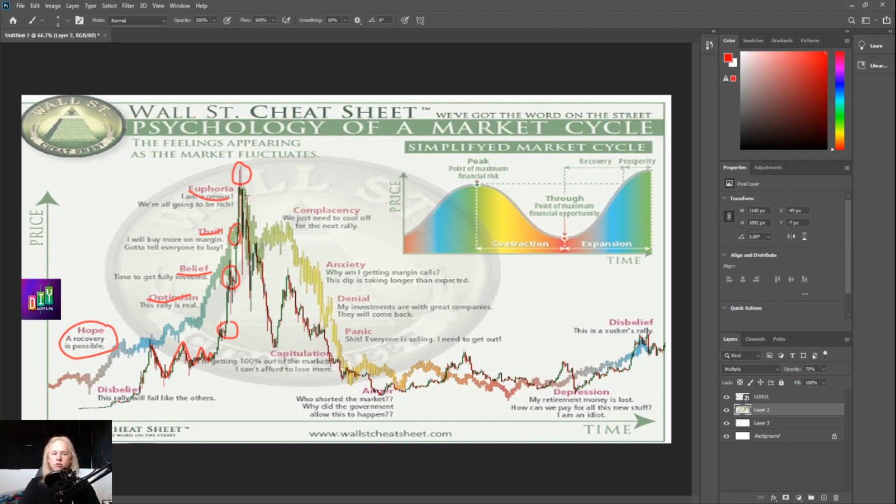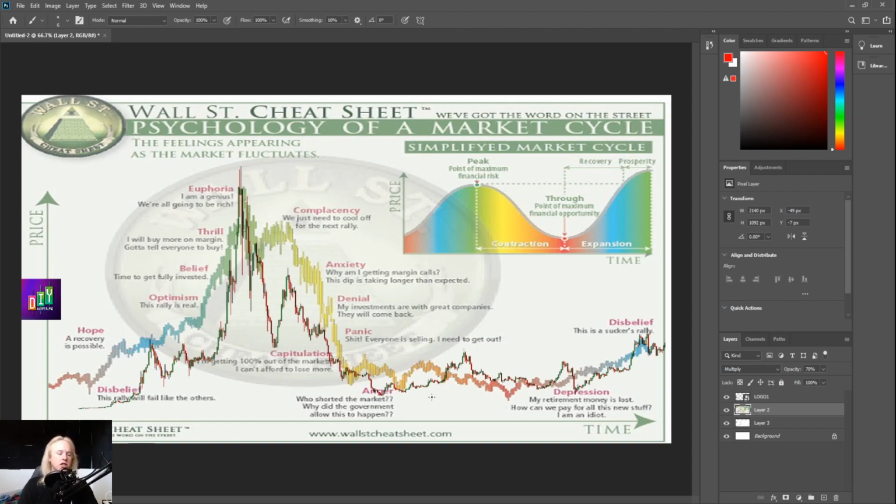Now, the only thing that didn't really was the complacency. Technically the Nasdaq got this lower high here, and then we went down for a sharp crash, whereas what we see here inside of Ethereum was just pretty much a sharp decline immediately. We didn't get our first lower high until about here. So it was a little bit different as far as that goes, but nonetheless, this is pretty much the same chart all the way through, which is really important to understand here, guys.